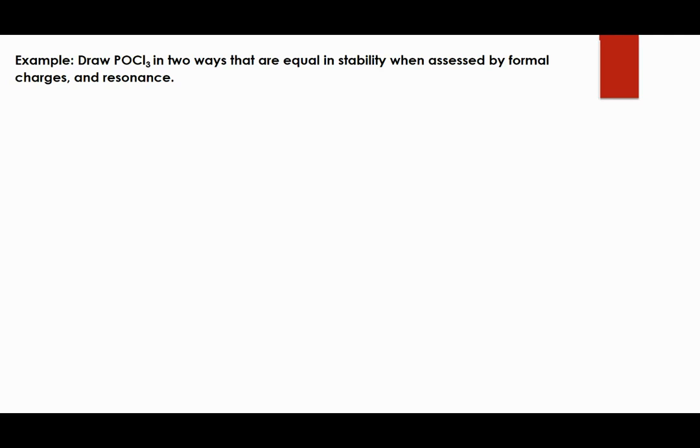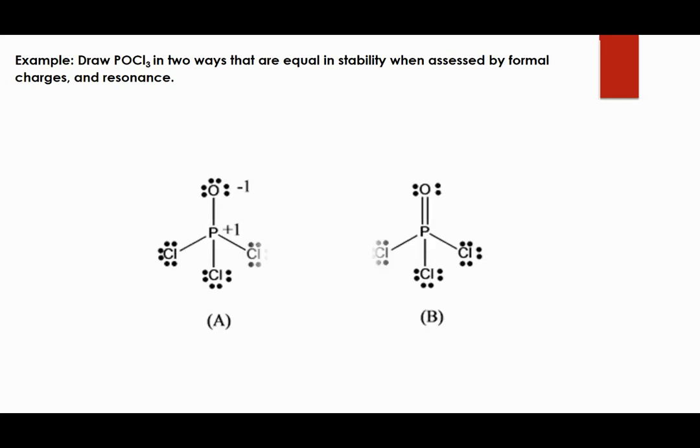POCl3, there are two different ways that you can draw this out, and then we can draw in the formal charges of each. So it can exist with our phosphorus in the middle, with our 3 chlorines existing around it, and our oxygen up at top. And then we can also have a double bond